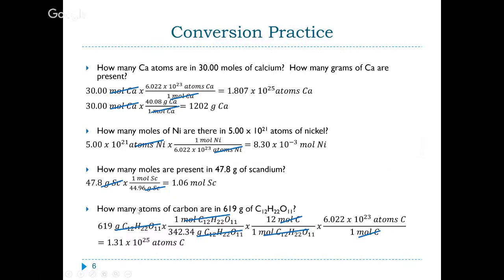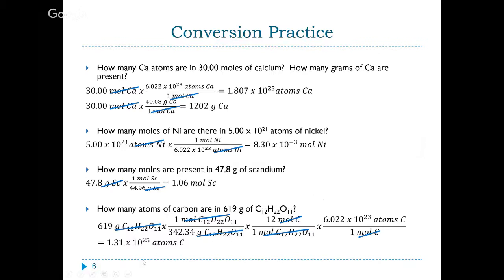So how many grams is this? Well, once again, I have to start with my moles. Moles to grams means I multiply by the molar mass. So I look at the periodic table and see that the number under calcium is 40.08. I label that grams because it's grams per mole. Moles are here. 1 mole is here. Multiply, sig figs, 1,202 grams of calcium is the same as 30 moles, which is the same as having 1.807 times 10 to the 25th atoms of calcium. Anytime you are doing any of these conversions, it's always going to be 1 mole, no matter what, within the